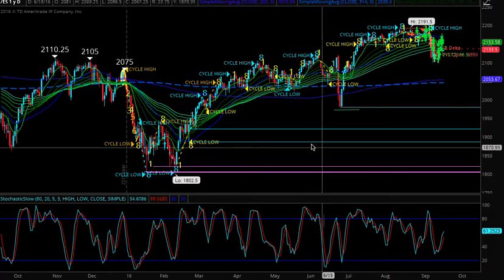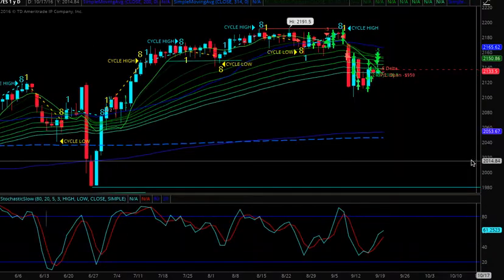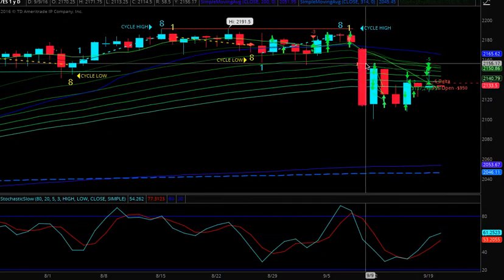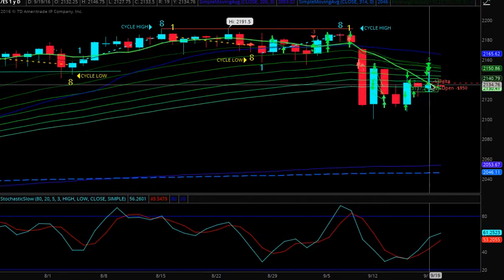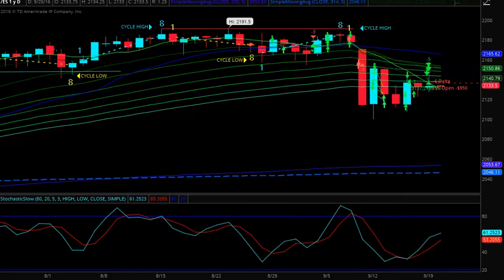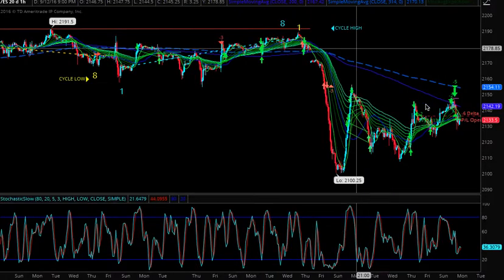Man, I got so much going on in this chart. We're counting the cycles here, the 8.6 count. 1, 2, 3, 4, 5, 6, 7, 8. So we're into a new cycle now. I don't want to go into that right now. If we look at the hourly,